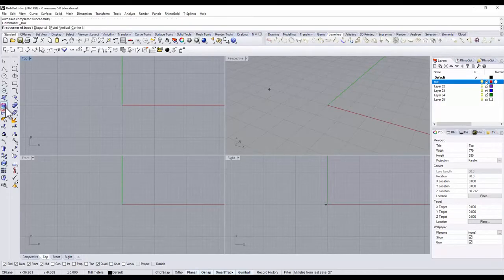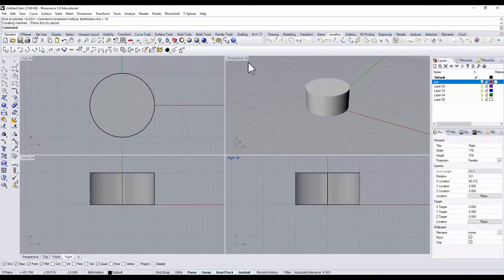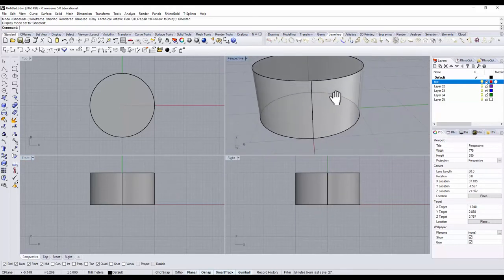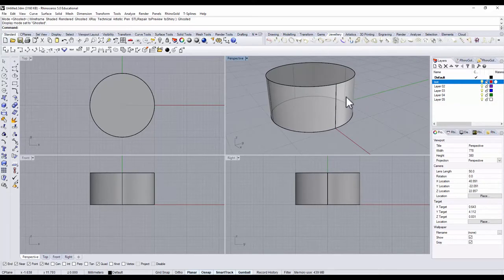Let's go ahead and create a cylinder. We're going to use the solid tool, and in this case we're going to type in 20 and height 10. I'm using millimeter as my unit, and I'm going to turn it into the ghosted view. So what we're going to do is put the word around this cylinder, on the side, and